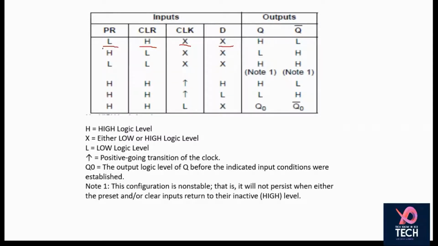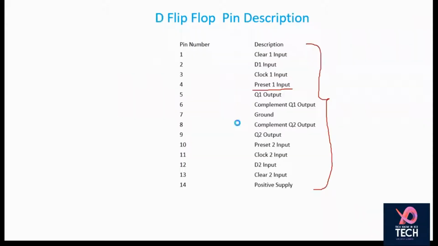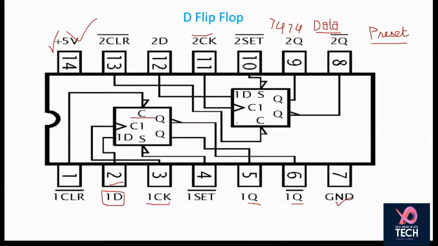When you put this to low, there are two things that need to be taken care of. What is actually given on the particular pin? Here you can see if a bar is shown on a particular pin, that means if you apply low, meaning 0, then this will work. And if you put a high signal here, meaning 1, it will not work. That is the important thing as far as your practicals are concerned. So all the functions on the chip which are named with a bar on the top.